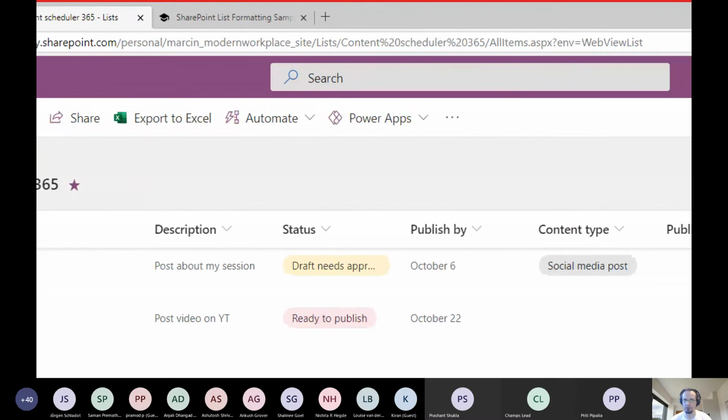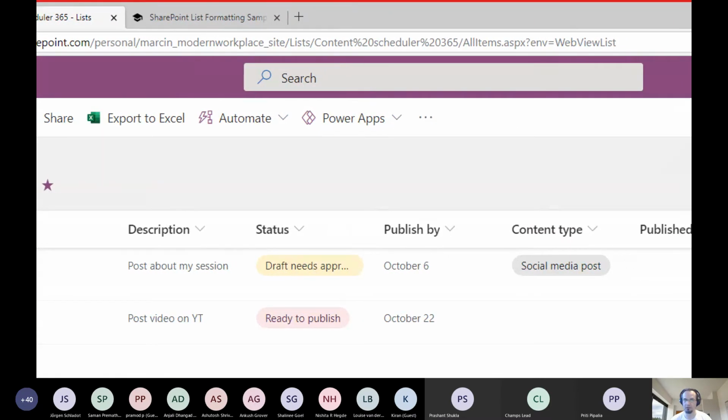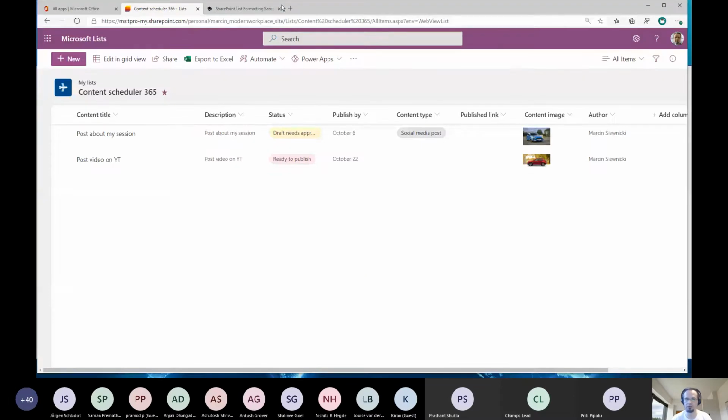If you check my URL address, it's lists, contents, scheduler here. So it's created in my personal OneDrive for Business. There, all your lists or your personal lists will be stored in your OneDrive. So those lists are simply yours. If you want to share that list, okay, you can share it, but by default, they are yours. So you don't need to ask anyone for access to SharePoint Online.